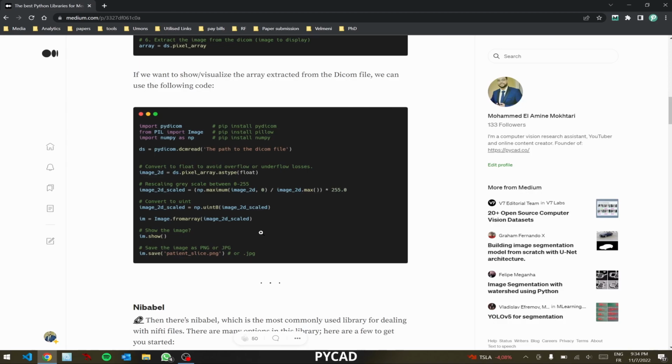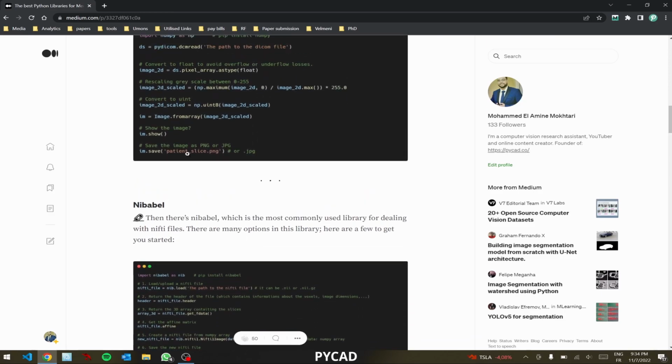And this is only one example. I have a whole example for this on my website and in my GitHub repository. Of course, you can find all these operations. And this is only an example to show you how you can use PyDicom. After that, you can just show the image if you want, using the show function from Image, which is from Pillow. Or if you want to save this slice as a PNG or JPEG image, you just need to put image.save, then the name of the file, then the extension PNG or JPEG or anything you want. Of course, you need to choose an extension that is supported by